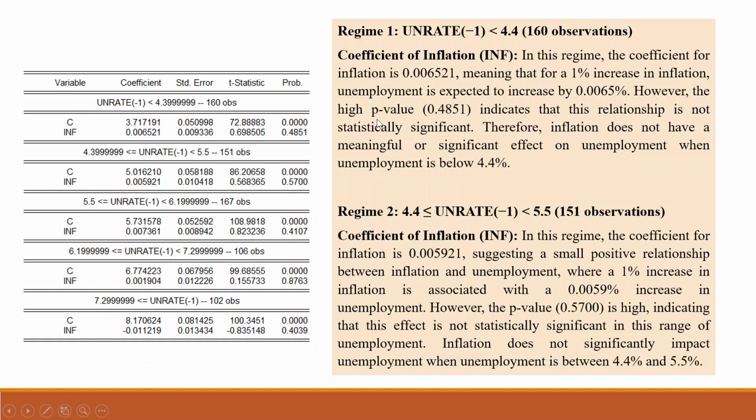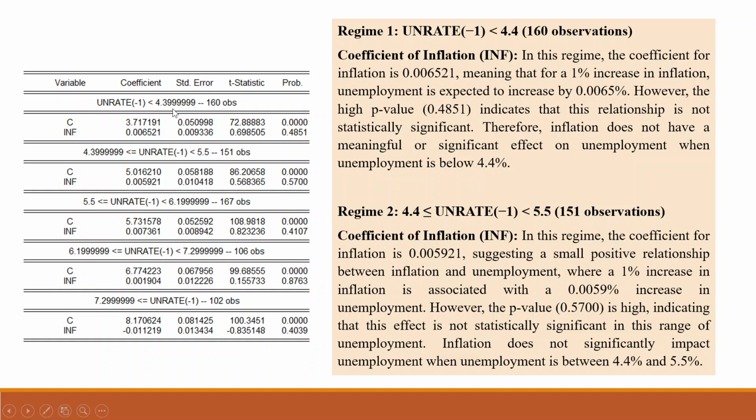However, this p-value is very high, which indicates that this relationship is not statistically significant because the p-value is more than 0.05. Therefore, inflation does not have a meaningful or significant effect on unemployment when the unemployment is below